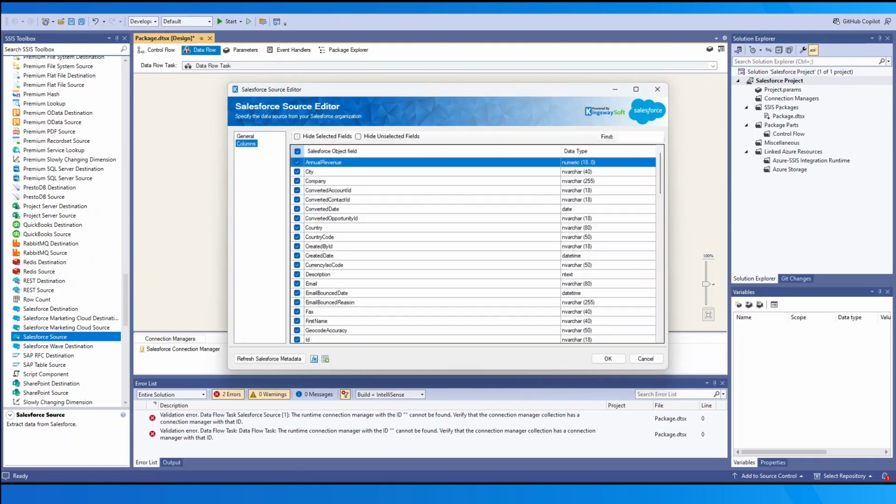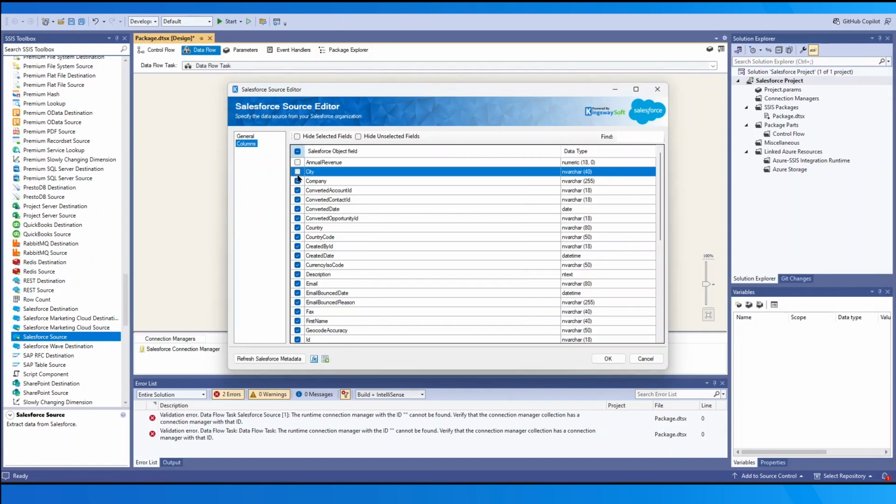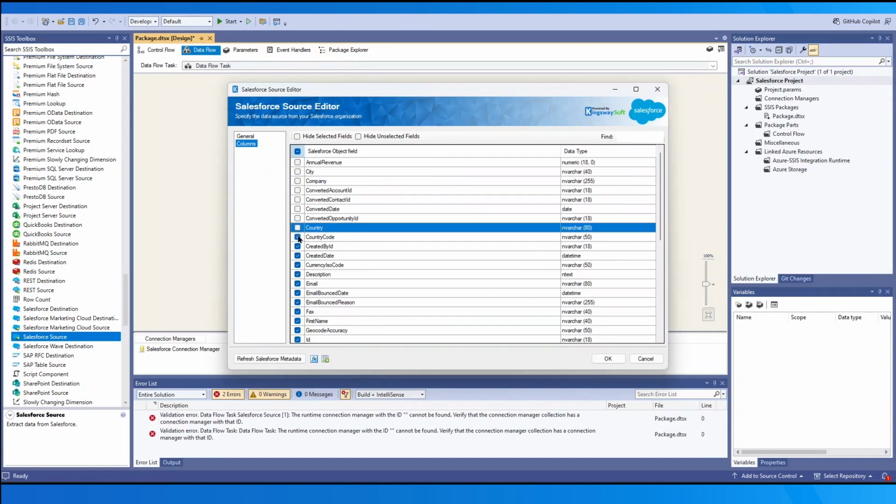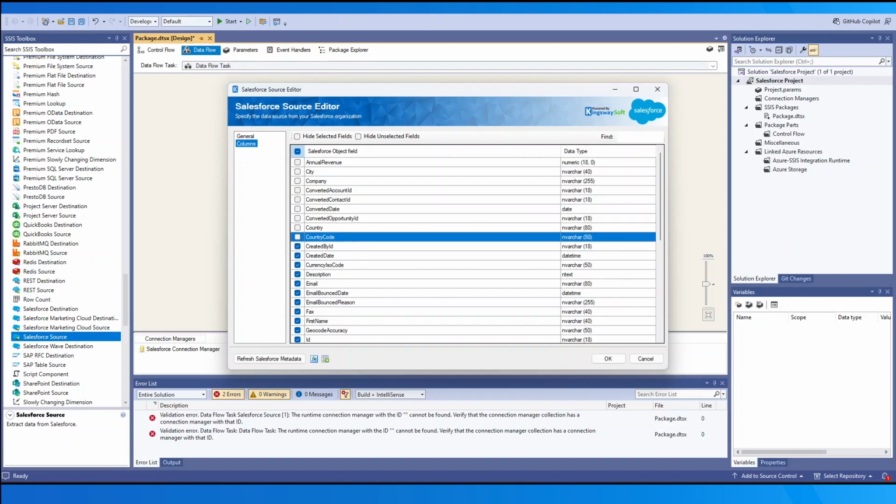Once we have the connection manager, source type, source object, and any additional settings configured, the columns page will populate with the Salesforce fields available for the entity. In the Find text box, you can filter to find a specific field or number of fields. In the columns page, the first column allows you to control which fields are sent for the downstream path. You can do this by selecting or unselecting specific fields. The topmost checkbox will either select or deselect all fields.